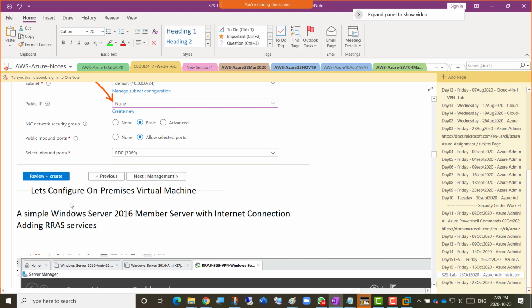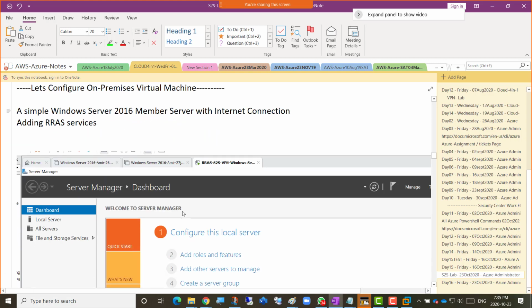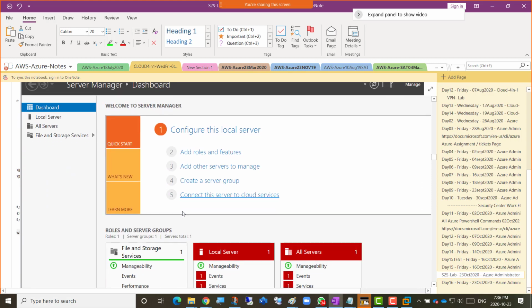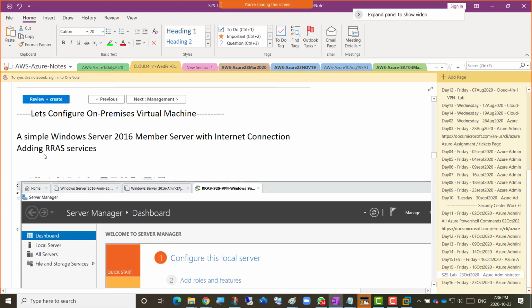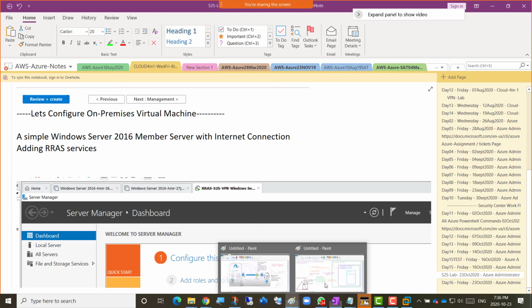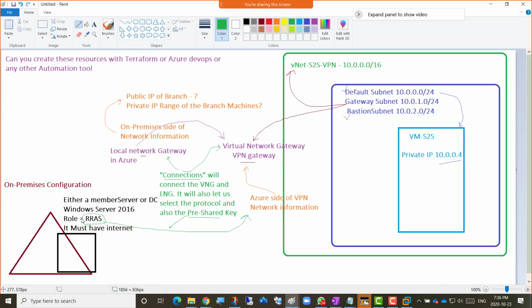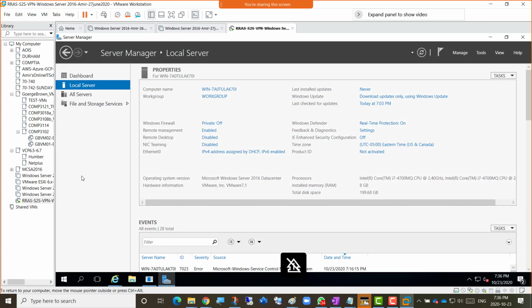Okay. Let's configure on-premises virtual machine. Oh yeah, while we're waiting for VNG to be created, how about we install the RRAS, routing and remote access services? Yay! Let's do it. So we can go to the other side now. So I'm just gonna go to my diagram here, and let's deploy this RRAS role. So I'm gonna go down to, while we're waiting for the VNG virtual network gateway to be deployed,